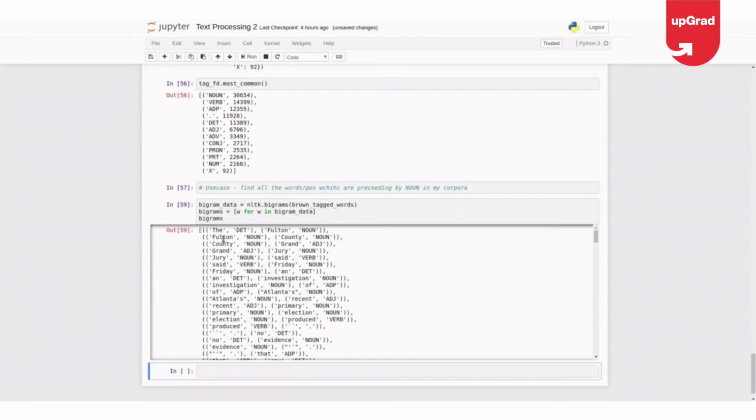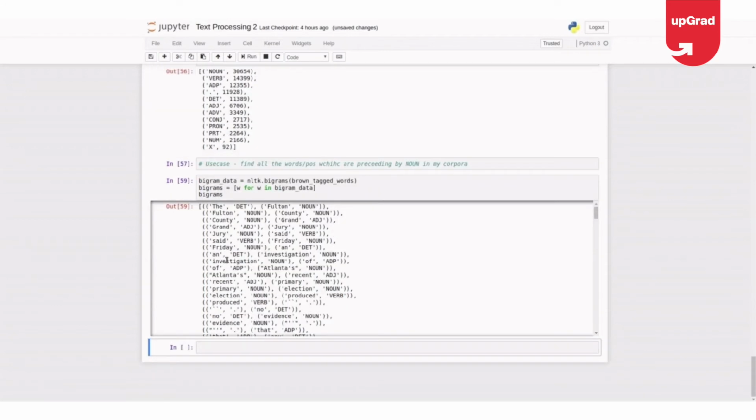So these are my bigrams. The Fulton. So it's a determiner and noun, noun, noun, adjective, noun. So these are all bigrams of my corpus.